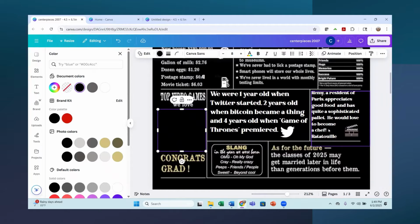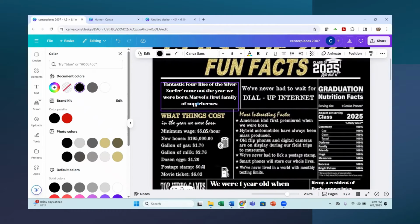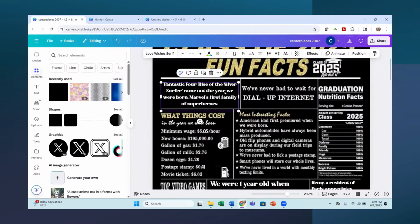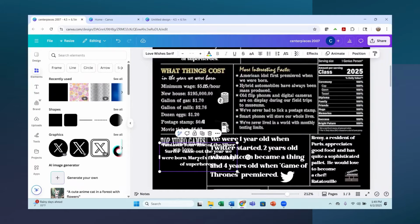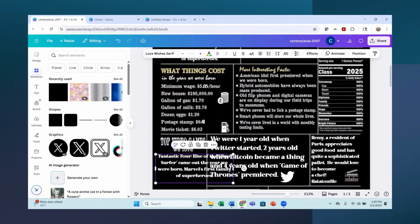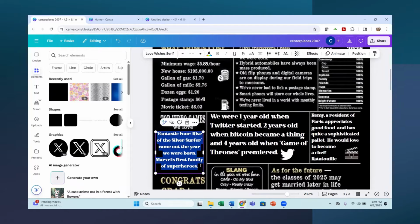And now I'm just going to take one of these other ones that I changed. I'll take this one. So I'm going to highlight this, and I'm going to hit Control C and then Control V. And that will bring that same thing. It's duplicating it. I just want to use the same font. And so what I'm going to do is I will make this smaller and get it to fit right in here. And now I'm going to change the words on it. And I had them send me, because I had no clue what to put in this spot. So what I got was